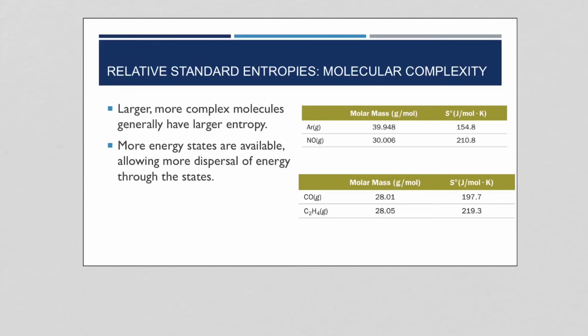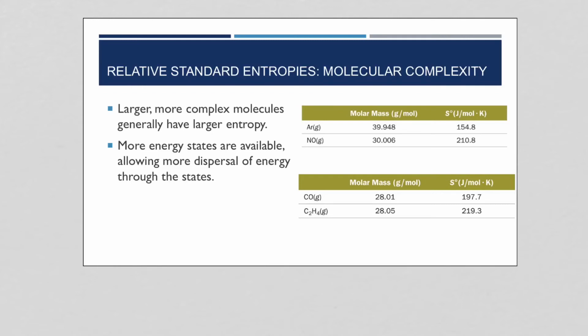If we look at our first example, we have an element, argon, versus a diatomic NO. While these materials have about the same molar mass, so notice we've tried to keep molar mass similar so that we can do a little bit of a comparison, you can see that the more complex NO has a higher entropy value. Having that bond brings on more